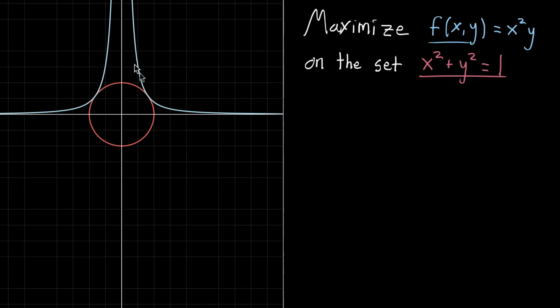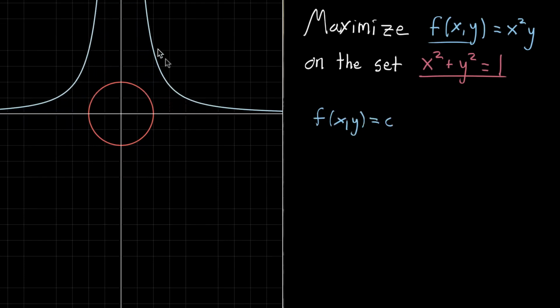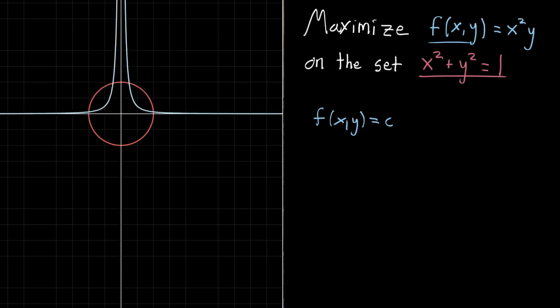and then this curvy line here is one of the contours of f, meaning we're setting f of xy equal to some constant, and then I was varying around that constant c. So for high values of c, the contour would look something like this. This is where the value of x squared times y is big. And then for small values of c, the contours would look like this. So all the points on this line would be f of xy equals like 0.01 in this case, something like